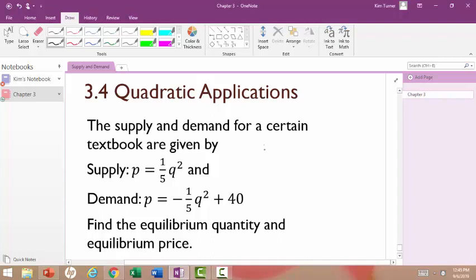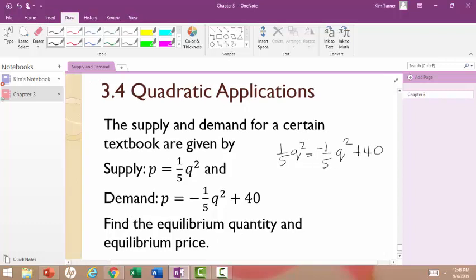So I'll set 1/5 Q squared equal to -1/5 Q squared plus 40. To solve for Q, I'll move every term with Q squared to the left-hand side. I can do that by adding 1/5 Q squared to both sides. So on the left I have 2/5 Q squared